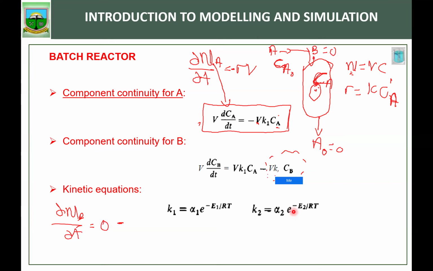No, sorry, this is the depletion. So this is the formation of B. So the formation of B is the opposite of the depletion of A. So formation of B will now be equal to the volume. It's going to be positive. The volume of